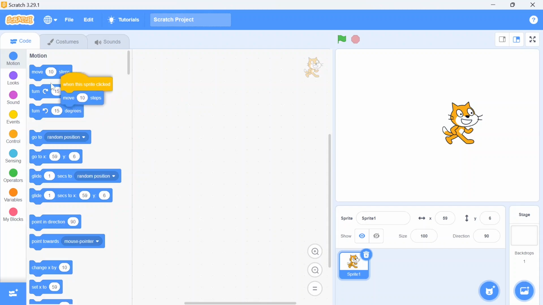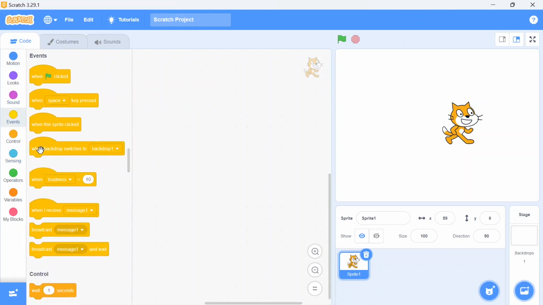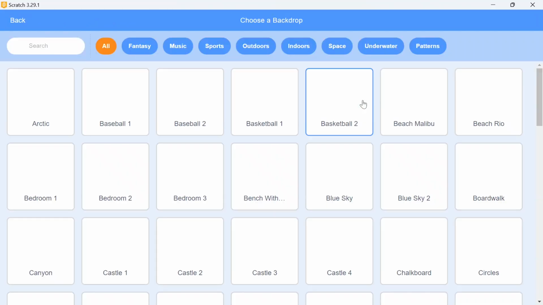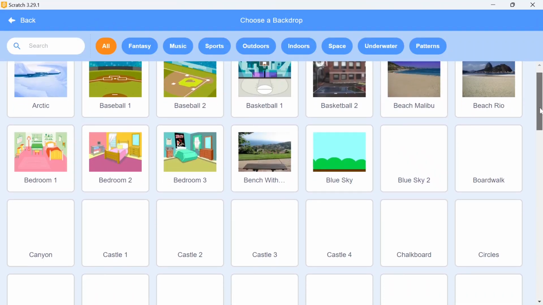Now we'll discuss another event block. The next one is when the backdrop switches to backdrop 1 or 2. Here, for this particular action, so far we have not chosen any backdrop. There is one default backdrop, backdrop 1, which is a blank white screen. I am going to choose one more backdrop, so I'll click over here and choose any backdrop.